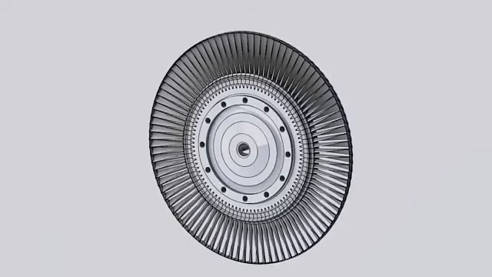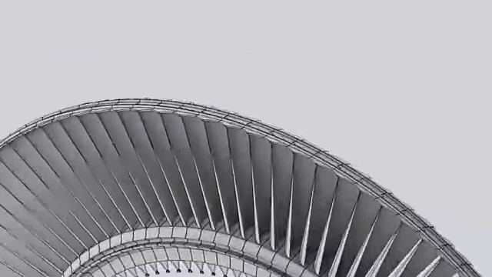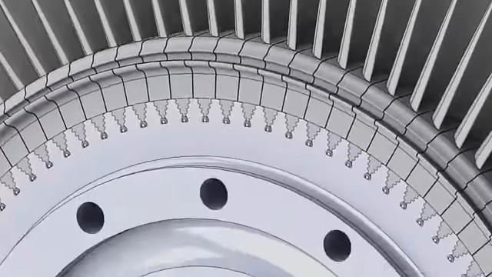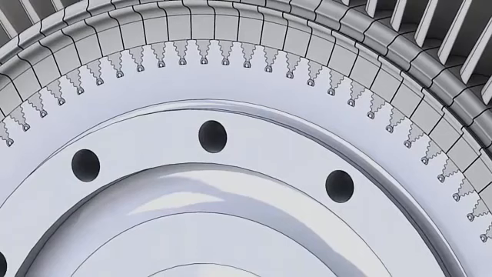The third wheel carries the buckets of the third turbine stage. 92 buckets are also installed on the third wheel. Third stage buckets are not internally cooled. The third stage bucket tip is also enclosed by a shroud. Buckets are attached to the wheel by the dovetail arrangement and held in the axial direction by a twist locks arrangement,